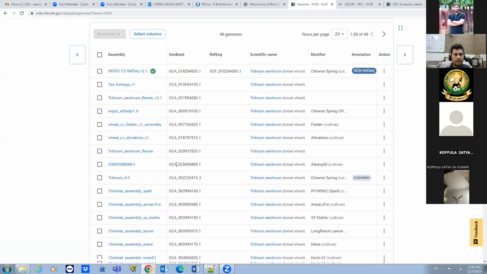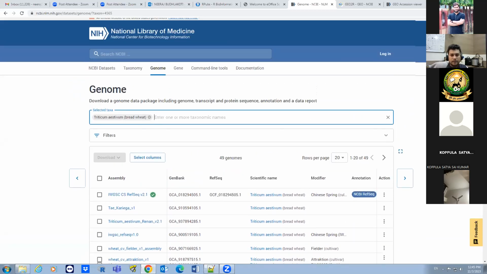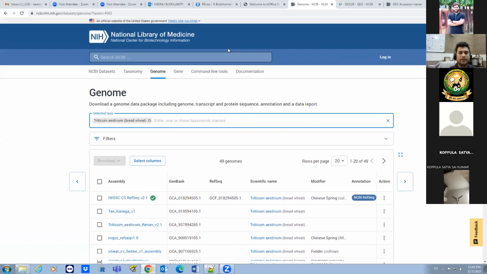It is a .fna file, so you can directly download. Then you can use this for transcriptome analysis and genome assembly analysis as a reference set.